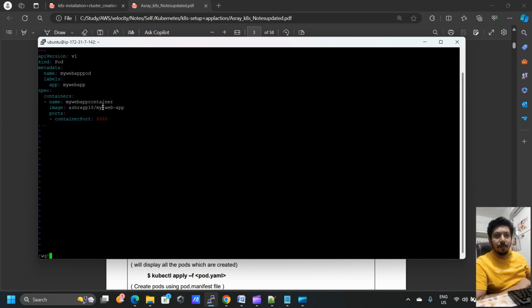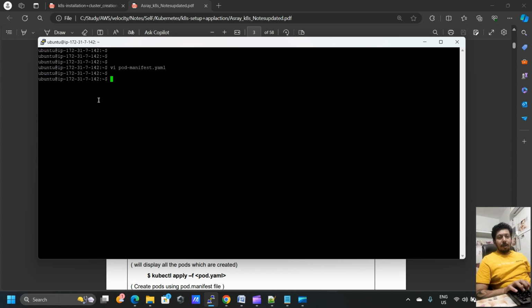Let me check: API version v1, kind Pod. Yes, everything looks good. Now you have created the manifest file, you have to apply it. For that we are going to use kubectl apply -f and the name of the file which you have created. So as you can see, my pod has been created. Now my application has been created, but my instance is not able to access that application as of now